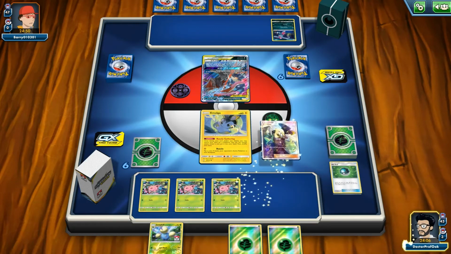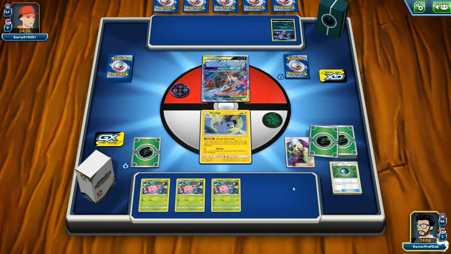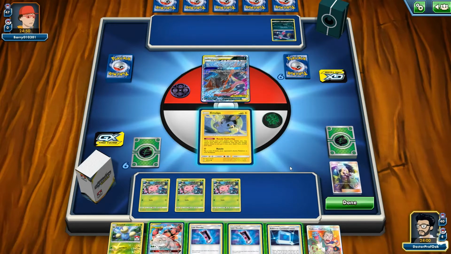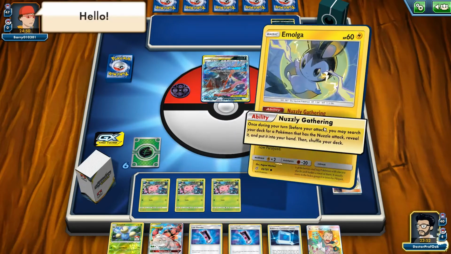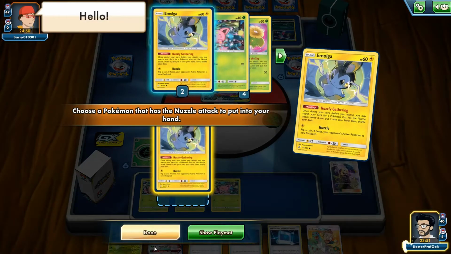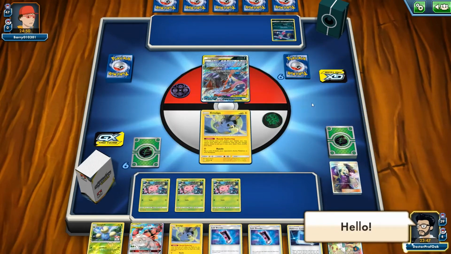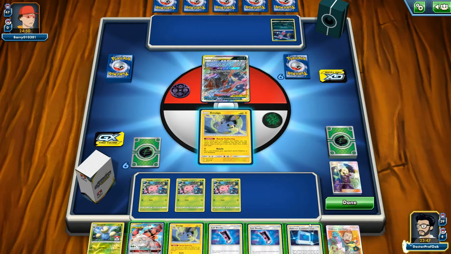We're going to shuffle these back in, and then we'll use Nuzleaf, see if we can grab another Pokemon in combo with Lost Blender. Do we want to lose Buzzy Buzz? I think we'll be fine if we lose Buzzy Buzz. Hello, my good friend. Actually...